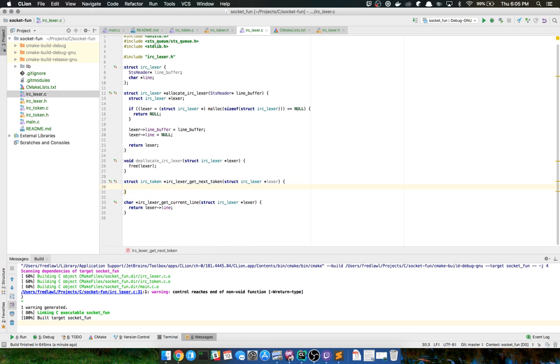So now comes the interesting bit. Maybe I do want to change my mind and just return a token that represents a string.